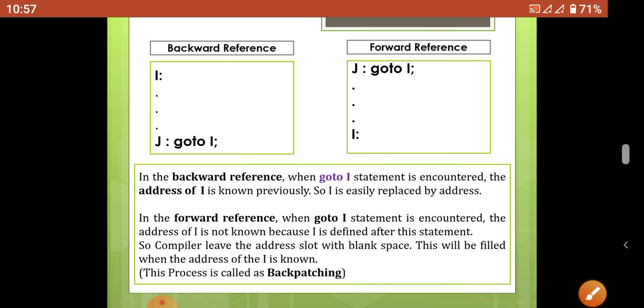So when we perform memory management, the conversion of the memory address is very easy because all the information is in the symbol table manager. But when we perform the memory conversion for labels, there are two kinds of references, backward as well as forward. The forward is very difficult, we should wait to fill in the information. But backward reference is very easy because the address of the label is already known.